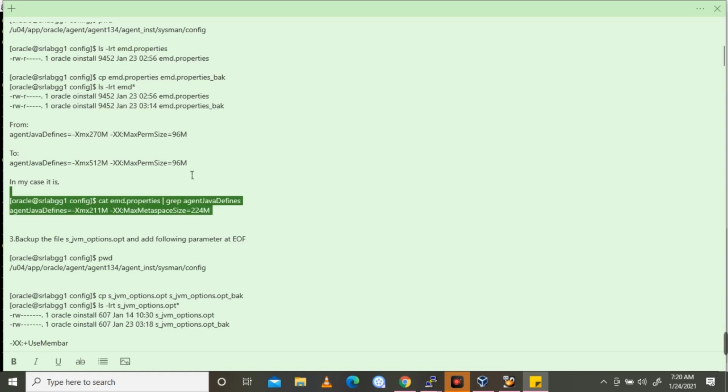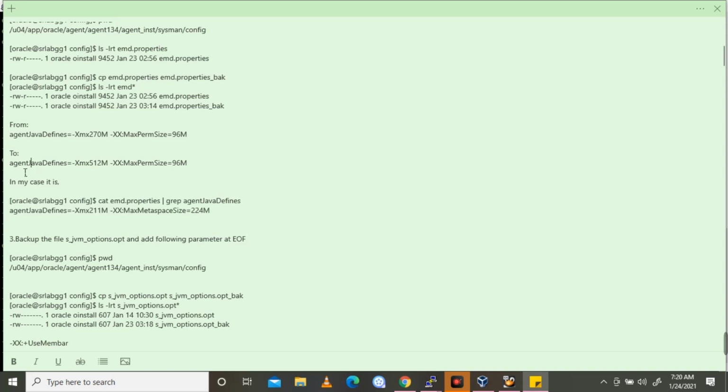Like this, you just go and check this emd.properties file, check the agent and the Java memory space, how much is allocated, change it accordingly, and then in the same location, the s_jvm.options file.